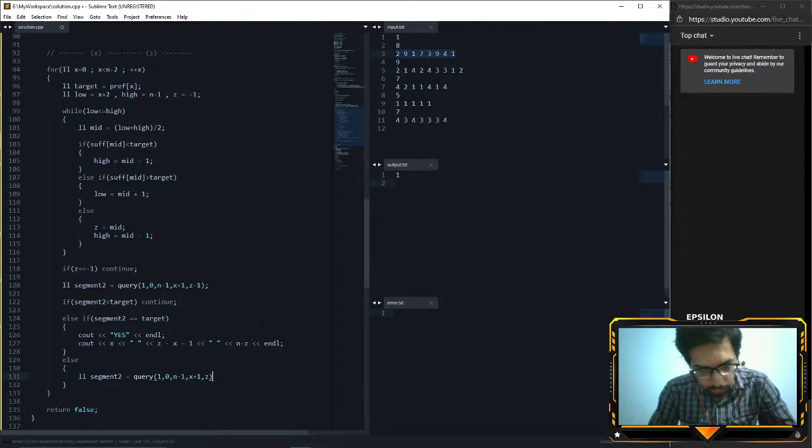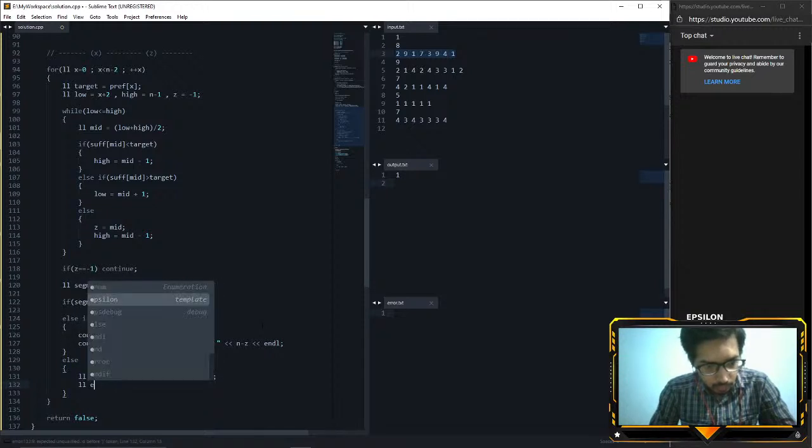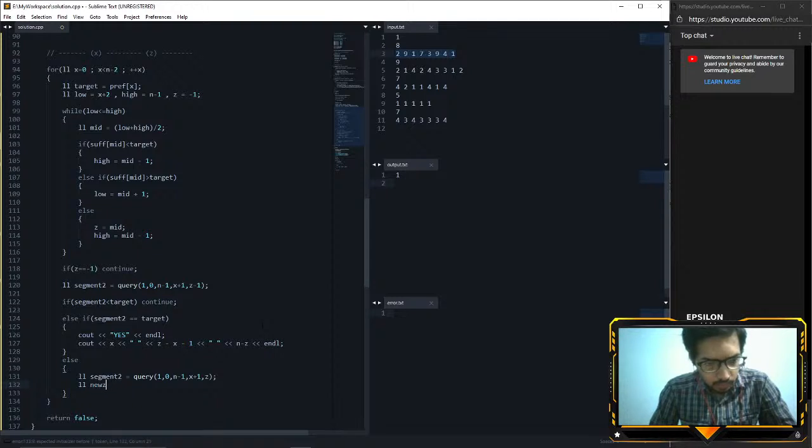Now I'm doing this element. Long new z is equal, if z is less than n, z plus 1 is less,